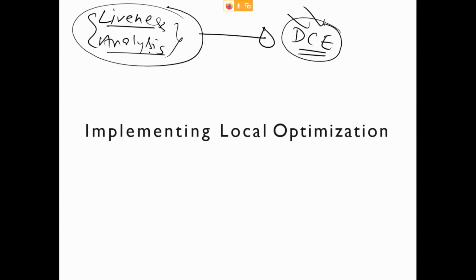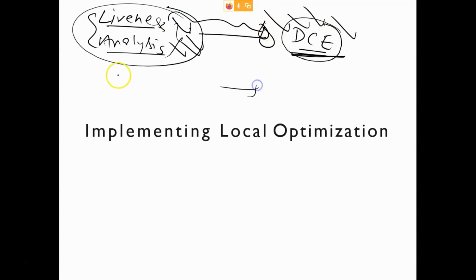So this liveness analysis will tell you that. Once this liveness analysis tells you which variable is alive and which variable is dead, at every statement, at every point, at every instruction, it is going to give you the set of live variables and the set of dead variables. So after this liveness analysis, you can apply dead code elimination. So remember, this is a technique, and this analysis is going to help you in this technique.